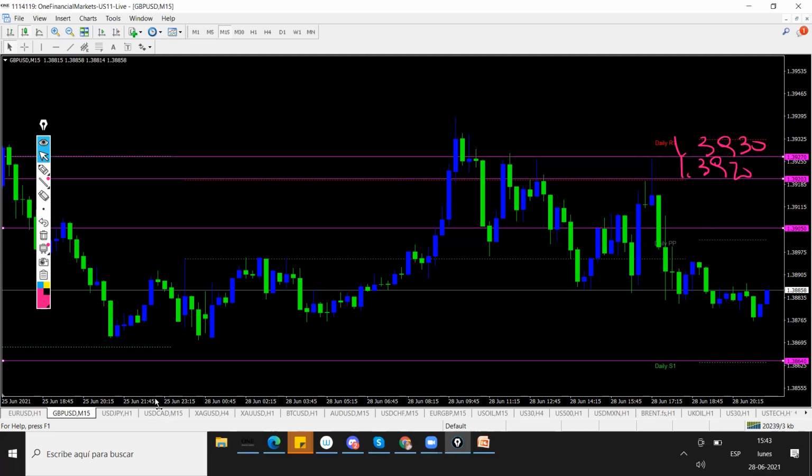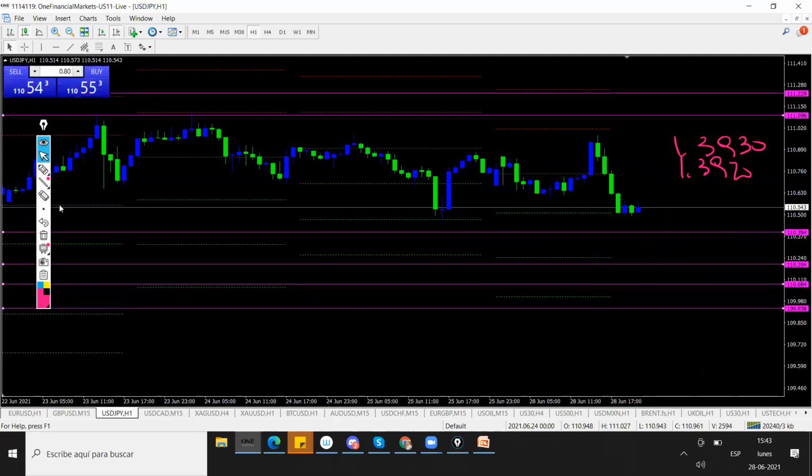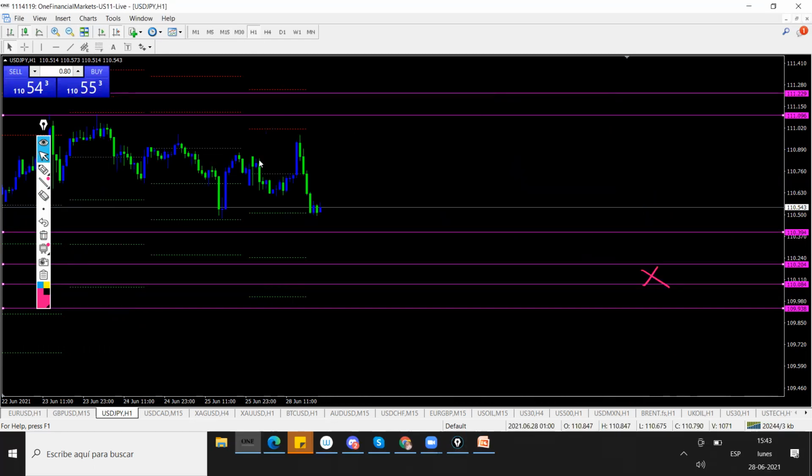With dollar yen, we're planning on the sellers, being careful here, which the market is going to try to buy. If they don't buy,